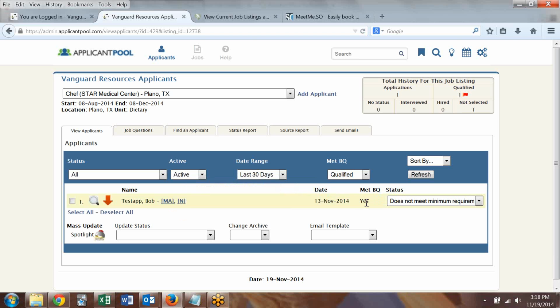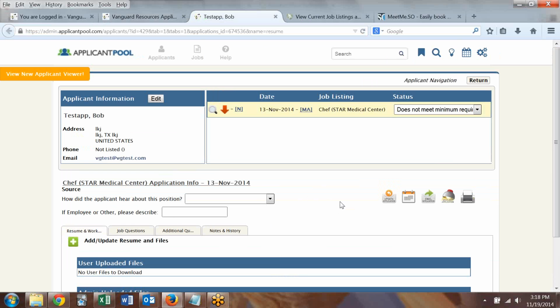We didn't have any disqualifying responses. Bob, being entered as a manual application, didn't have anything that disqualified him, but he didn't have anything that qualified him either, because it was manually added. Okay, so we changed the status, but you can go in and view the application, and this is the existing